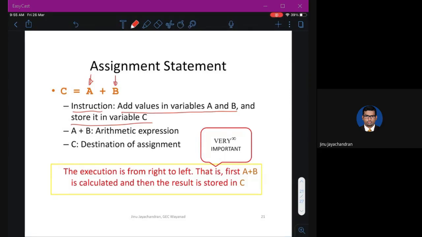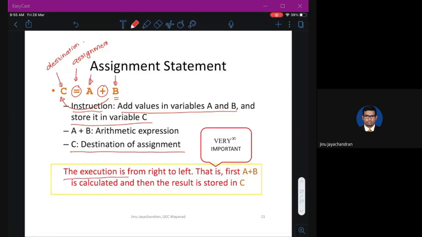A plus B means take the value from the memory location A, add it with the value from the memory location B and store it in the memory location C. So this plus is called an arithmetic addition operation expression. C is the destination of assignment. So this is called an assignment statement.